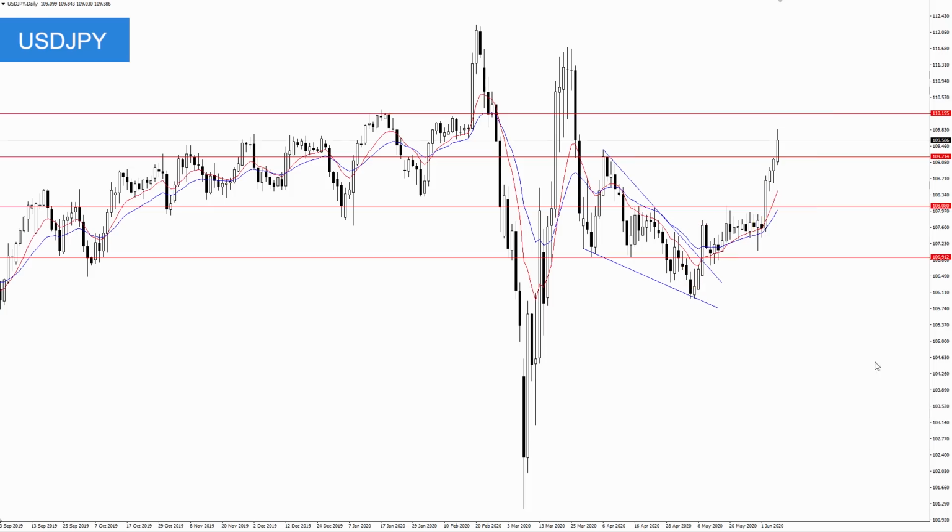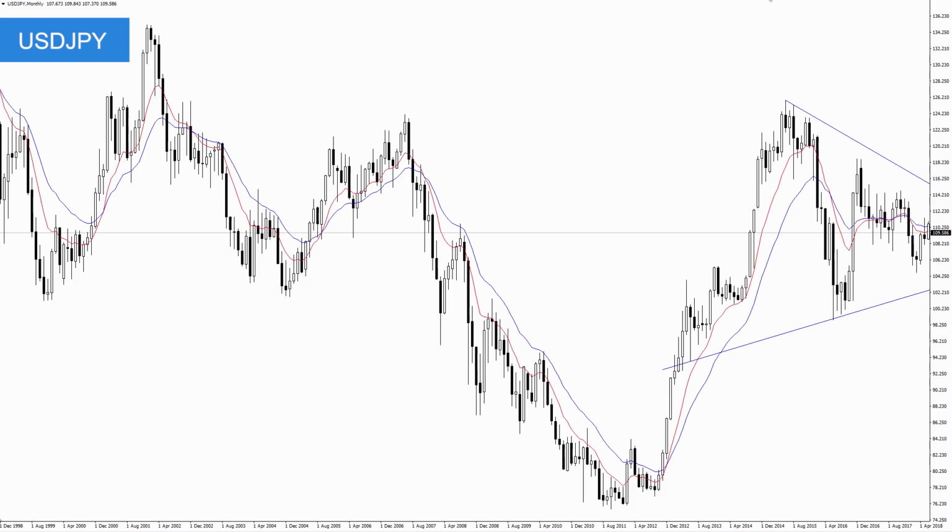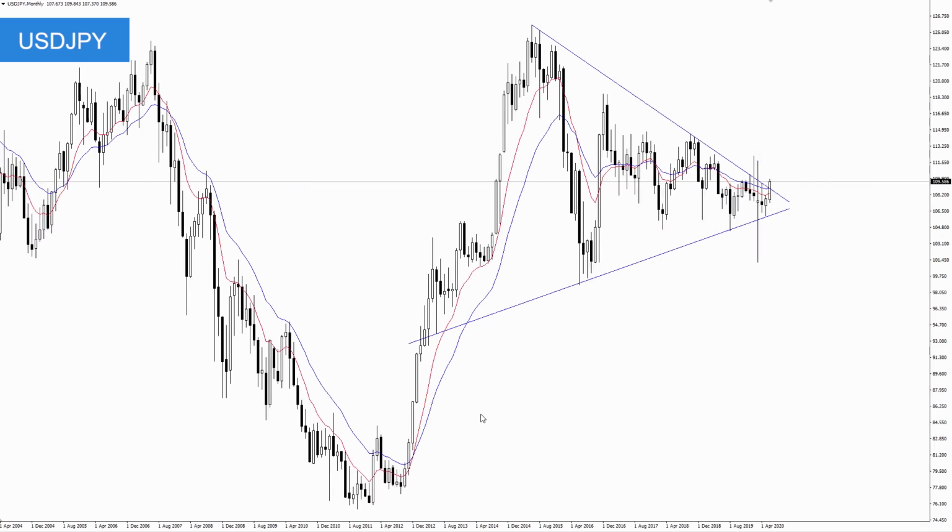However, here's the thing. If we look at the monthly time frame, this is the pattern I've been talking about now for over a month. So this wedge pattern that's been in place since these 2013 lows and also this 2015 high, this is the pattern that I want to play. So if we get a monthly close above that 109 area,